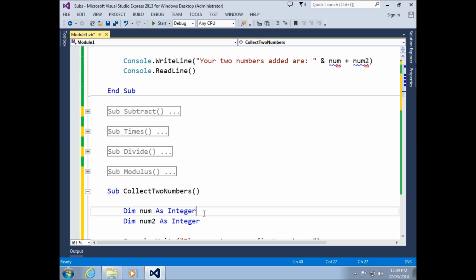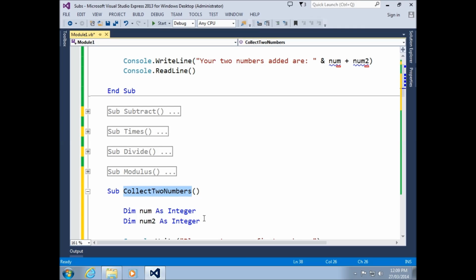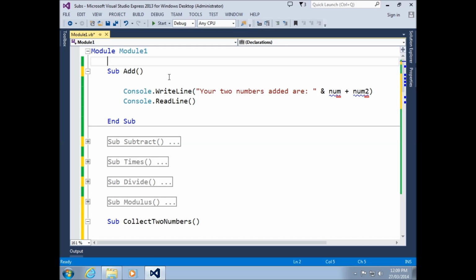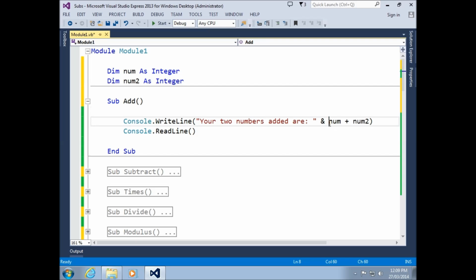The problem is I'm dimming or declaring these variables inside collect2numbers. And if you do that, these variables will only live inside collect2numbers. They don't exist in any of the other subs. All right. So what we're going to do is we're going to take these lines. Okay. I'm going to cut them because I'm going to move them up the top of my module, just here. And you'll see our problem goes away